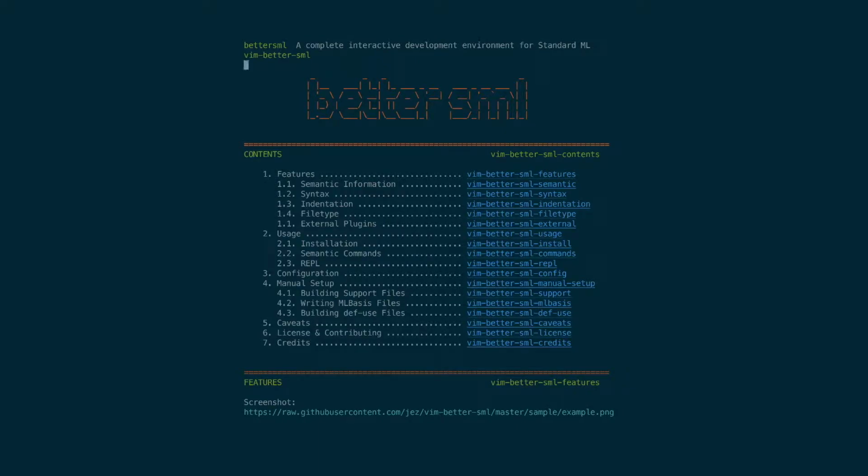Hey there! I'd like to show off a handful of my favorite features of vim-better-sml. vim-better-sml aims to be a feature-rich, interactive development environment for standard ML. We're not going to get to see all the features that it has, but luckily they're all documented here in